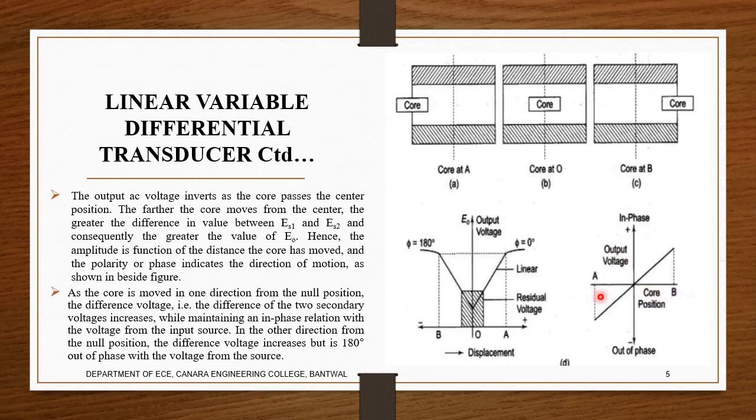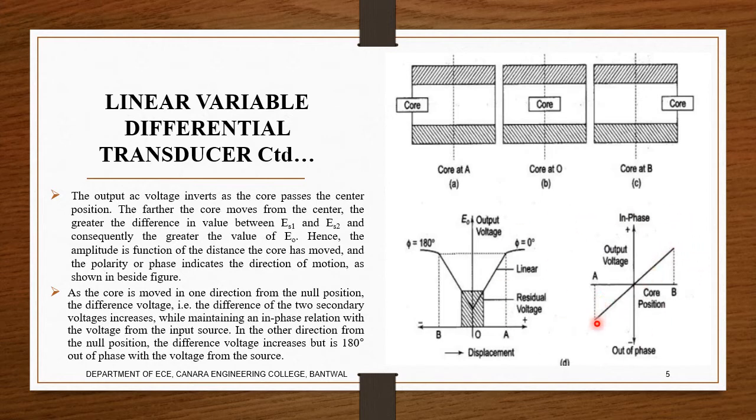You can see here the core position, how it is trying to reduce this. So that is trying to say that it is in phase and out of phase. Okay. So depending on our application, we can change the terminals. Now we can see here the voltage is negative and here the voltage is positive. You can change the position, or you can change the terminal in the primary transducer and make A positive and B negative. So this is the logic here.